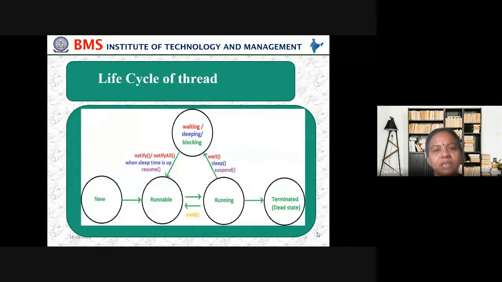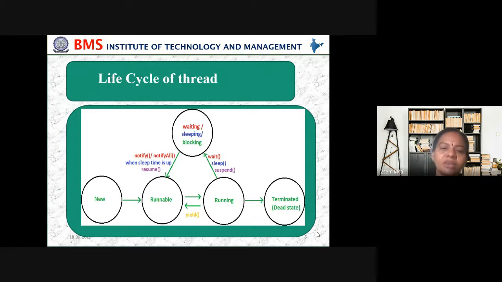So this is the life cycle of a thread, where we start with a new thread and it moves on. When there is work, it will move on to a runnable state. When it is in runnable state, it moves on to a running state. Whichever process it wants, it takes and it moves on to the running state. When it is in running state, it may ask for some values from the keyboard. So then it has to wait or sleep or sometimes suspend. So these are the options when something interrupts. Then we say wait, sleep, and suspend. Or finally, if everything is okay, then it will be terminated or it is the end of the state.